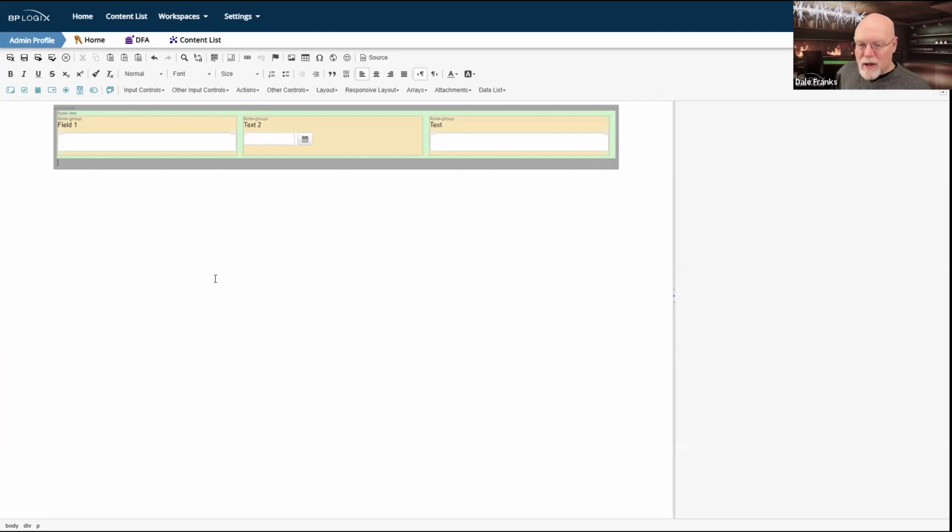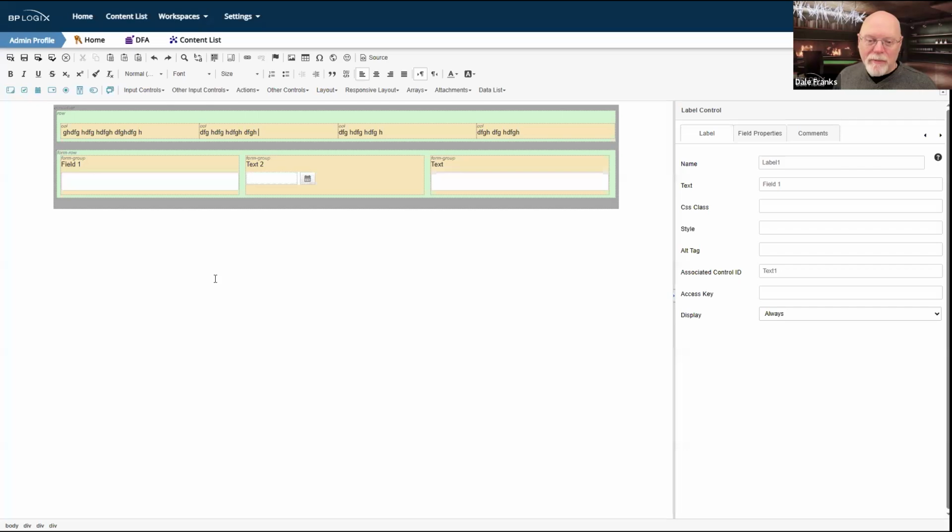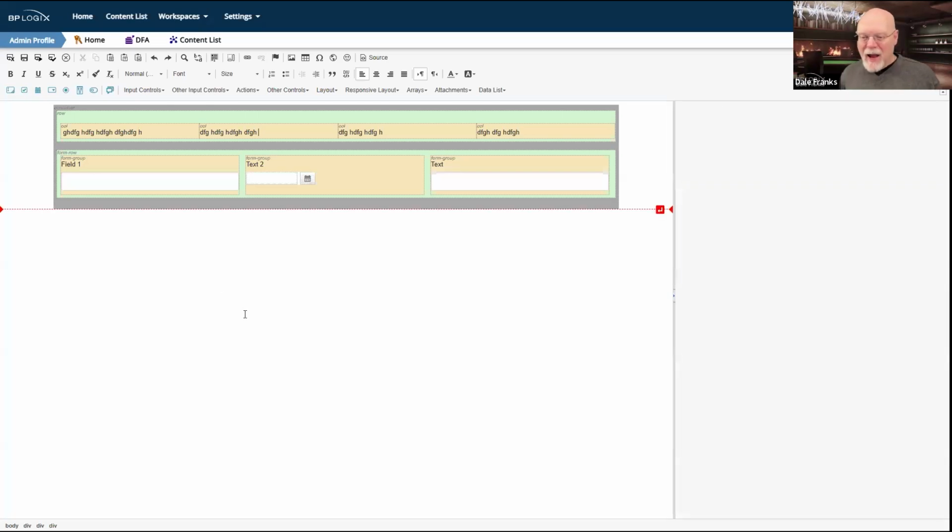The easiest thing to do would just be to save this form after I've created a row and that row looks the way I want, and then just move to the next row. And if I mess that up, I can just close the form without saving it, reopen it, and start all over. Now, that doesn't solve the problem that I just had, which is I have saved my form and I liked it when I first created it. And now I don't like having this row up here.